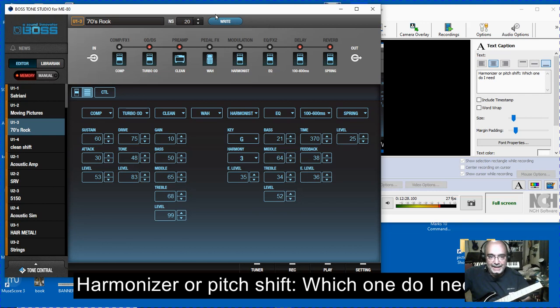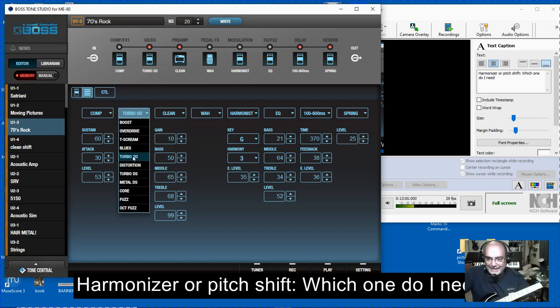And the way I've got this set up right now, and this is my favorite way to put together patches, honestly, 90% of the time, I'll set up a clean amp. You see the cursor here. I set it to the clean amp with very little gain. And then I'll pick a distortion effect, overdrive or distortion from the list. Look at all this good stuff in here, man. Most of the time I'm using the turbo distortion or the turbo overdrive